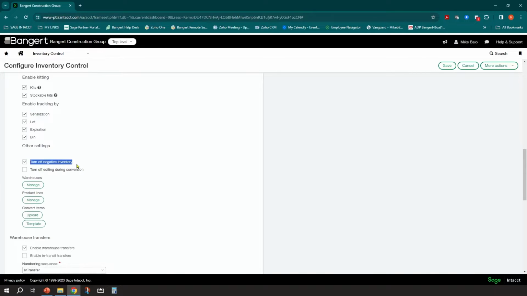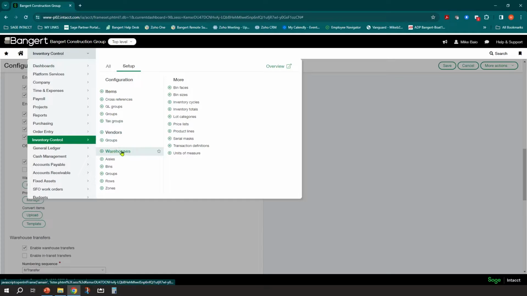Additional options. Do I want to turn off negative inventory? Do I want to allow inventory to be negative? And we'll see that function where you can specify it by warehouse as well. But do I want to even have the option? So do I want to turn off negative inventory? I can check that on or off there. And do I want to turn off editing? So you can, again, track all that information. We're going to dive into these areas specifically in the next step. For warehouses, you can get to them right from here as well and set up your warehouse on the fly. We're going to go in next right underneath the menu item here and set up.